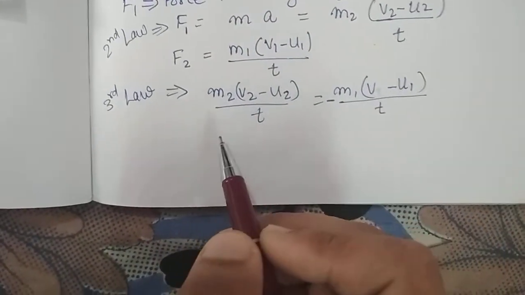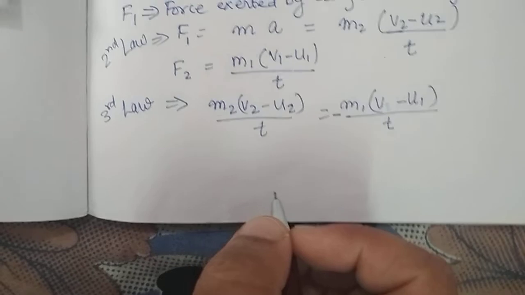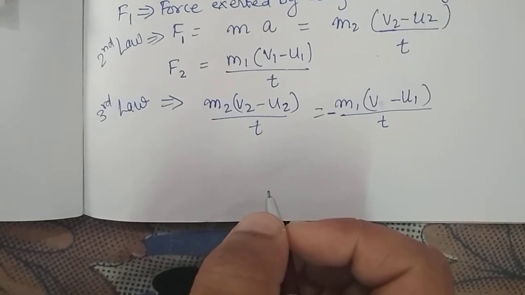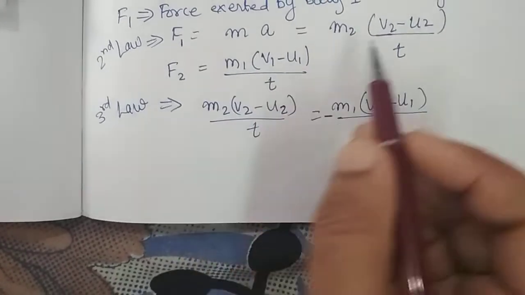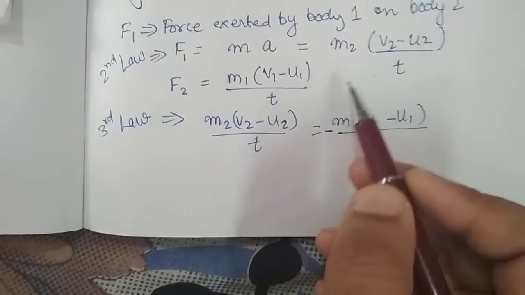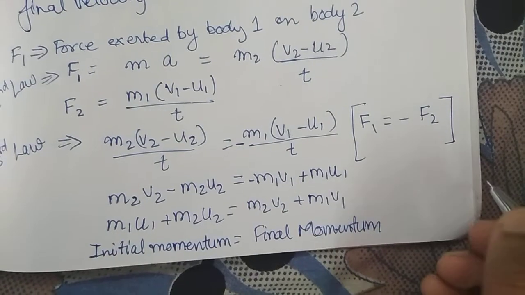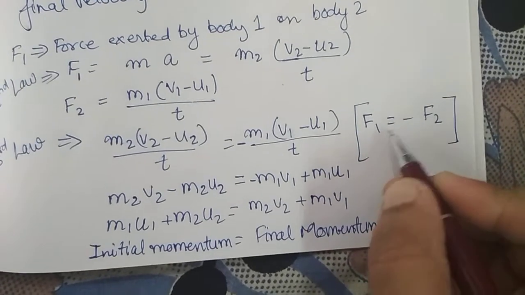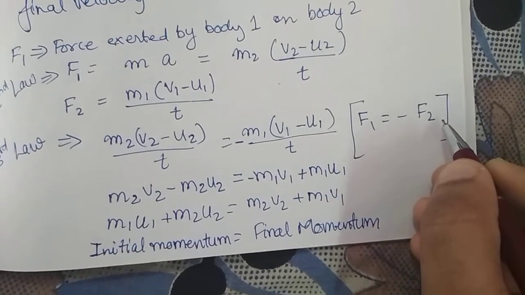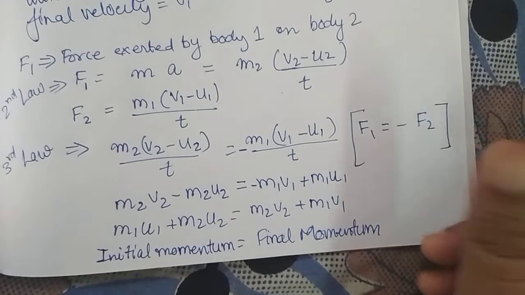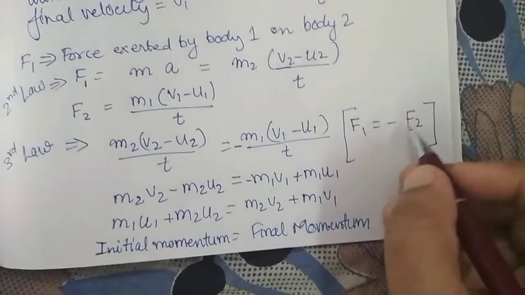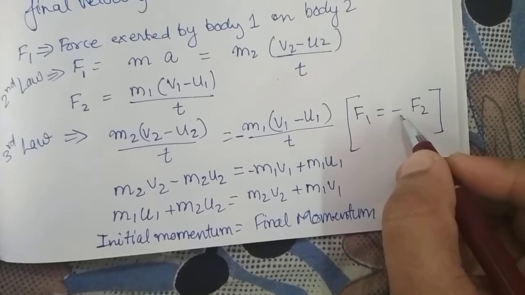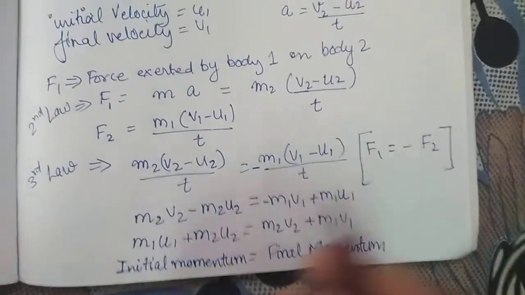Now according to the third law of motion, we know that for each action there is an equal and opposite reaction. So we can put F1 equal to negative of F2, because for each action there is an equal and opposite reaction. Due to the opposite nature, we get a minus sign here. Now we put the values